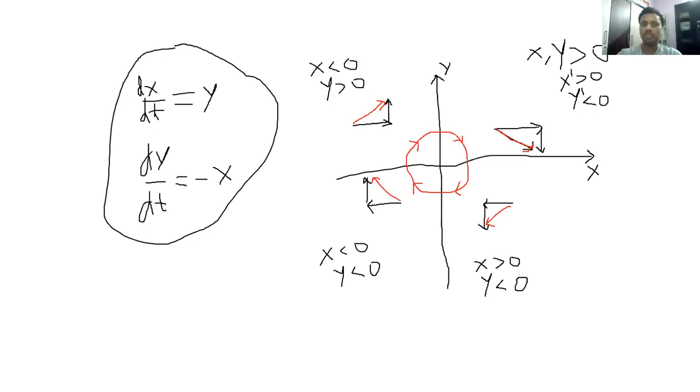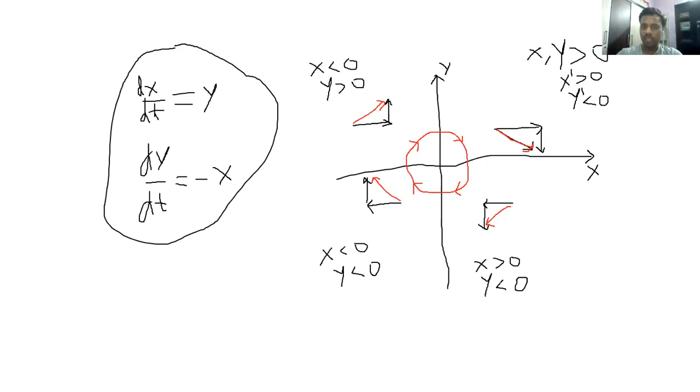What will be the direction of dS over dt? That is always negative, whether it is in this part or this part; it does not matter. But the value of I dash will depend on this part as well. I is positive, doesn't matter, but this quantity will become positive or negative. It depends upon where the point lies.